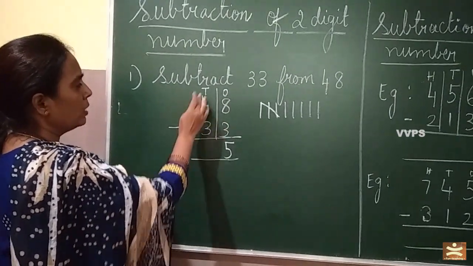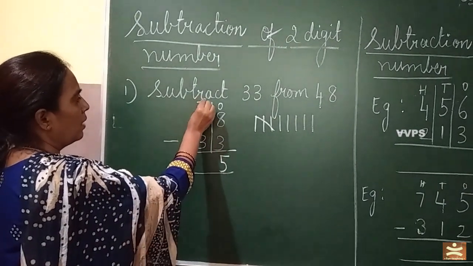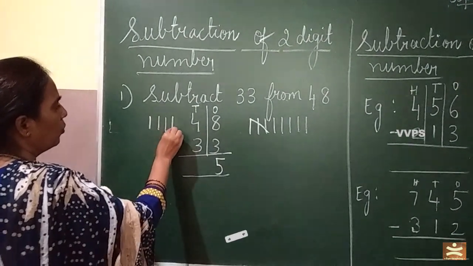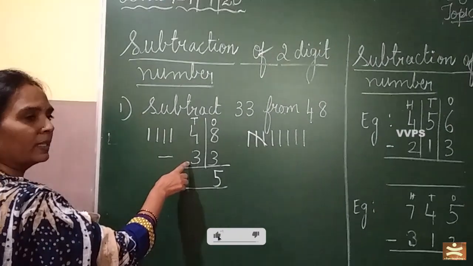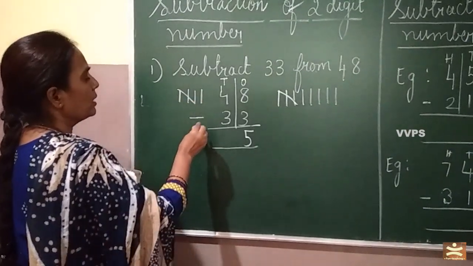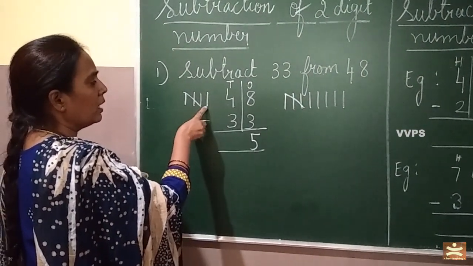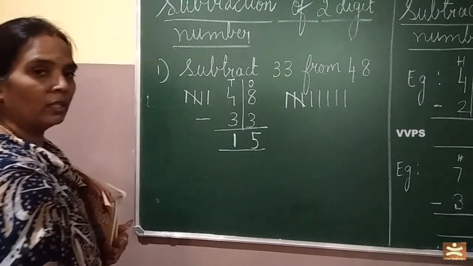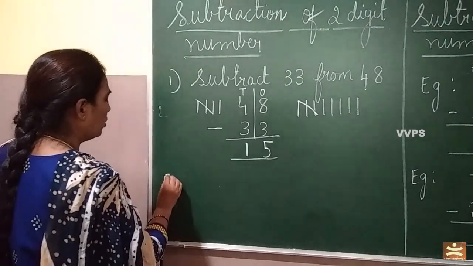Okay, now we will come to tens place. In tens place you have here 4. So draw here 1, 2, 3, 4. From 4 you have to subtract 3. 1, 2, 3, 3 subtracts. What will be the answer, children? You have only 1. So write here 1. Got it, children? I will write one more sum also.